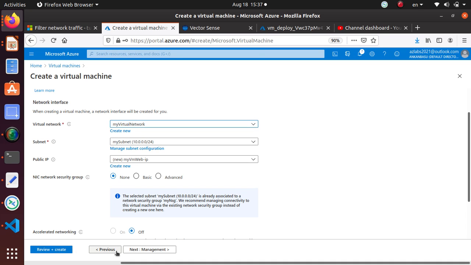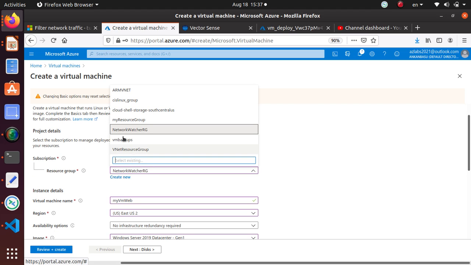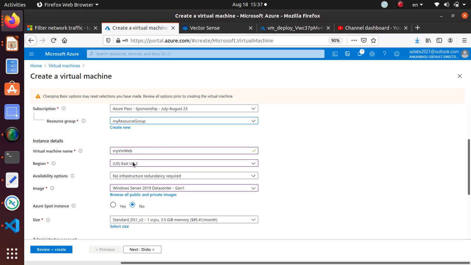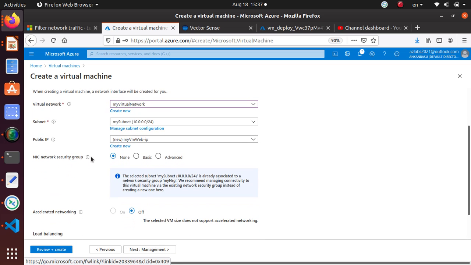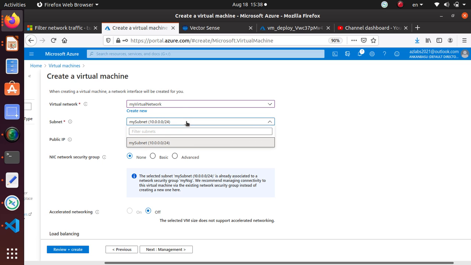Let's go back to our resource group. We chose the wrong resource group, so let's go to my resource group, that's the right resource group. The rest is good, disk is good. Again, come back to networking. We are not choosing anything for the network interface card because we're going to control the traffic to the subnet using the NSG. So here, my virtual network subnet